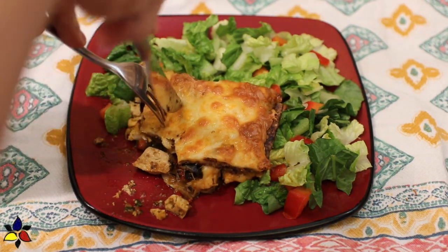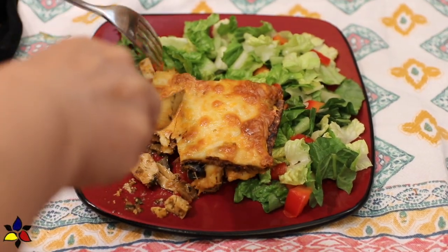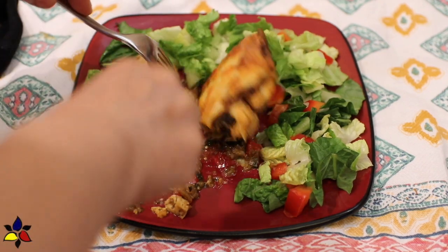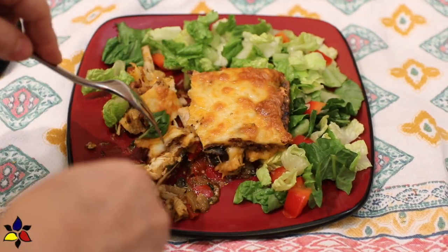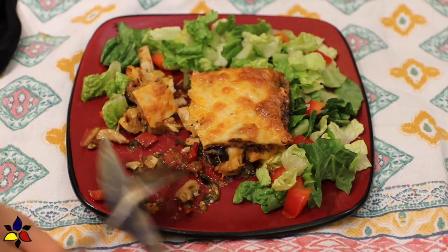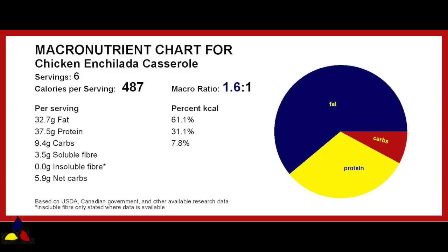While I'm making the chicken enchilada casserole, I will demonstrate the step-by-step process and give you suggestions that may help you. As well, I will explain about freezing and reheating. So let's get started. The macronutrient ratio for this keto chicken enchilada casserole is 1.6 to 1 with 9.4 grams of total carbs, but don't worry, there's 3.5 grams of soluble fiber, resulting in 5.9 grams of net carbs per